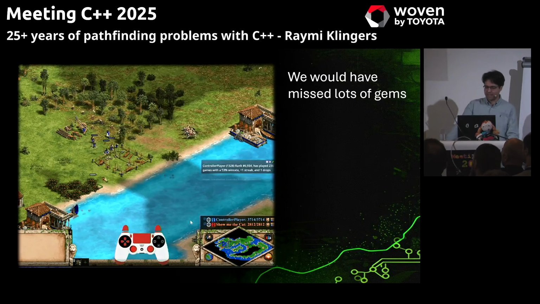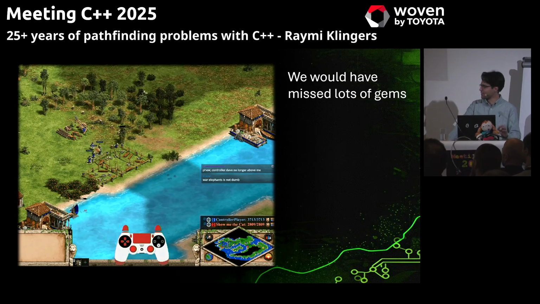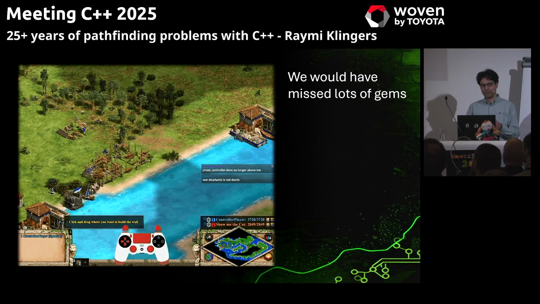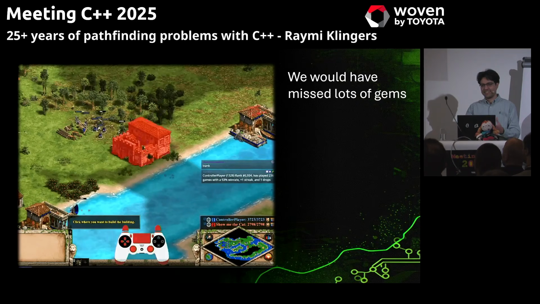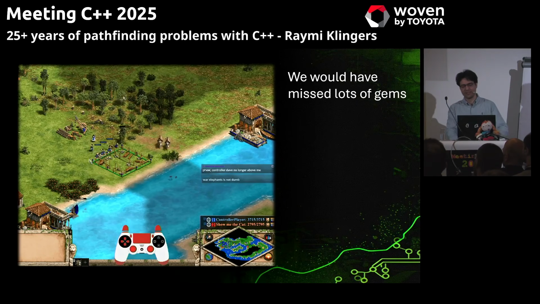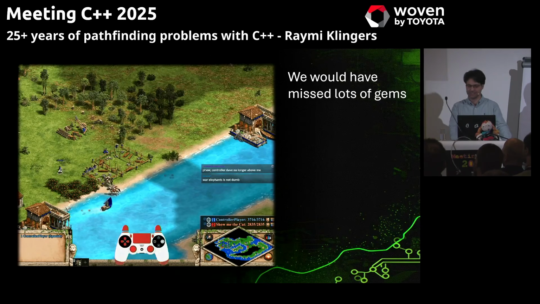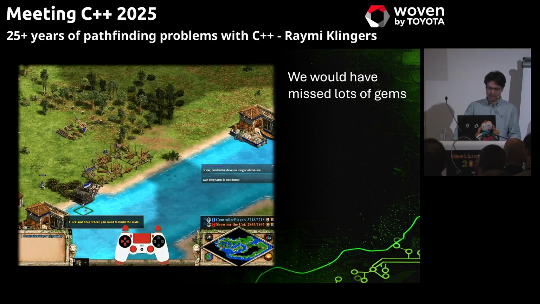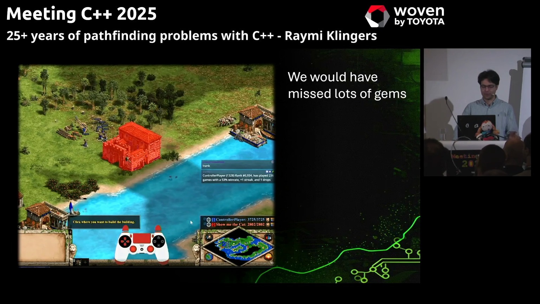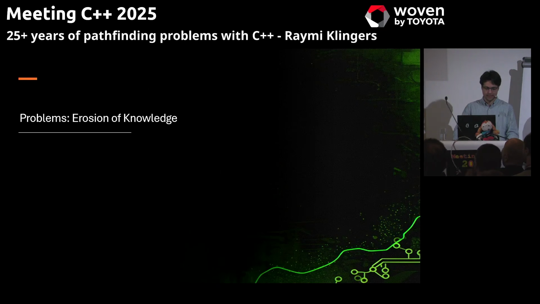This happens in a lot of games, but this specific clip was extra impressive because the player that was actually doing this was using a controller to emulate his mouse, and still managed to pull this off. Now, I would not even be able to pull off the first thing even if I had a keyboard and mouse, but yeah. We would have missed out on a lot of gems in the gameplay if we would have gone with different pathfinding.